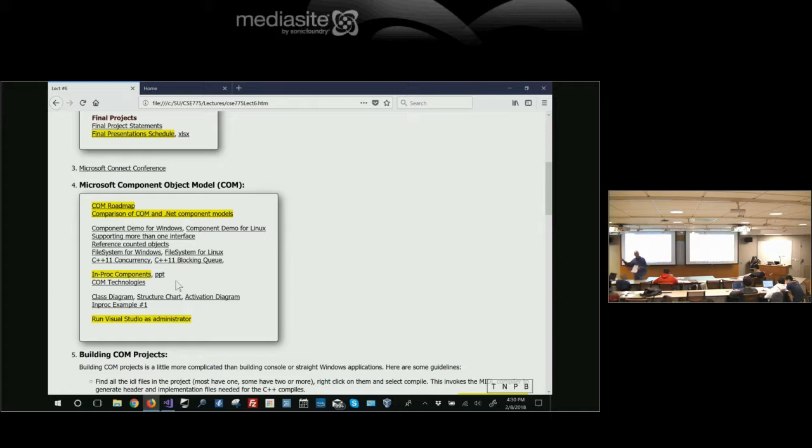Remember in the DLL, my explicit load, I loaded the library and then I called GetProcAddress. COM does exactly the same thing. That's why I walked through it. COM does exactly the same thing. Uses that. And then